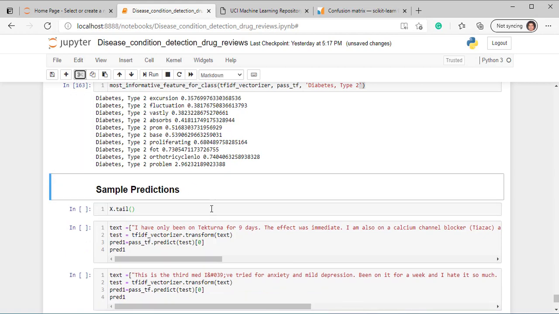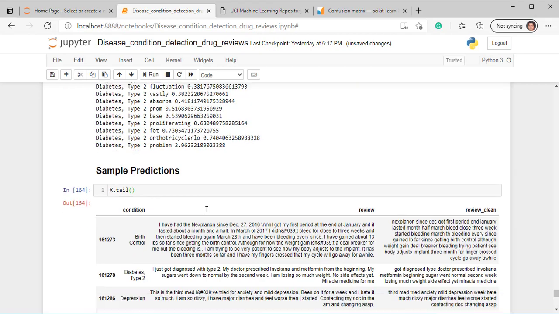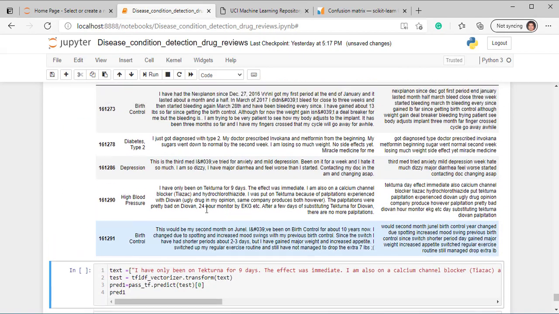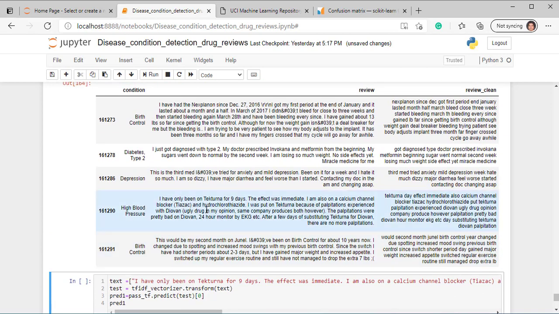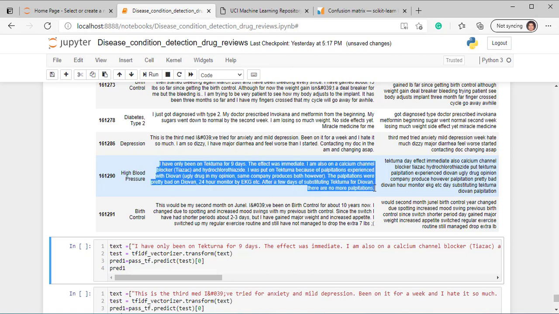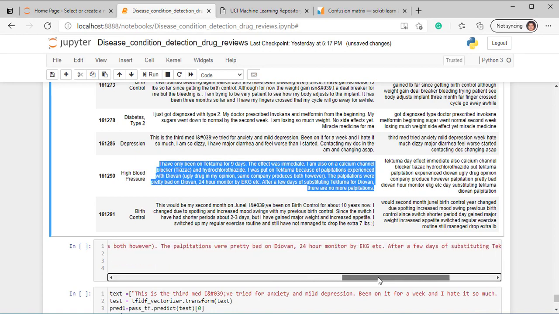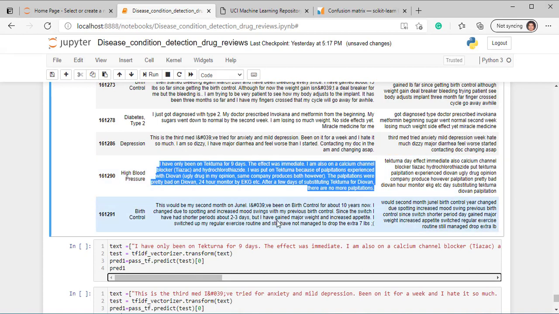Now you want to see how your model is doing it, and in practice how it will classify. So let's see, we have taken the first one, high blood pressure, and we are copying only the unprocessed text. Okay, so we have copied it and pasted here. We have created one list type variable which is text, and passed the text as it is without doing any pre-processing.